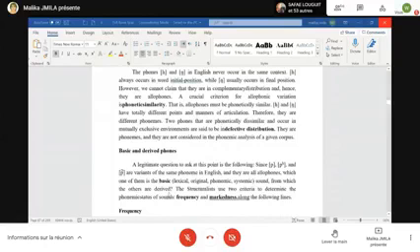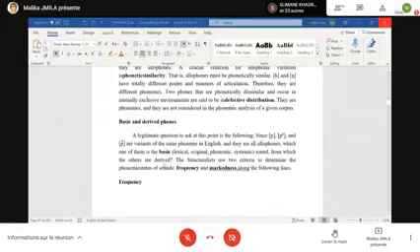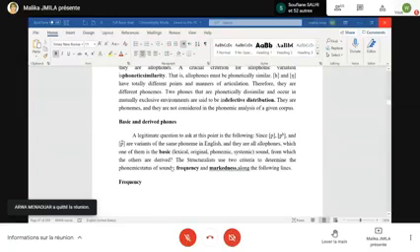Basic and derived phonemes. Basic and derived phones, which means I said that you have frequency and markedness. A legitimate question, that is one clarification about what I have already said. A legitimate question to ask at this point is the following. Aspirated p and unreleased p are variants of the same phoneme in English. They are all allophones, so which one of them is the basic lexical original phonemic systemic sound from which the other